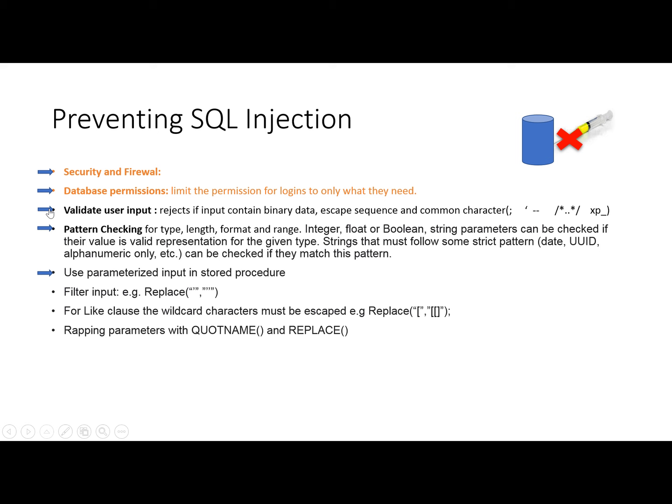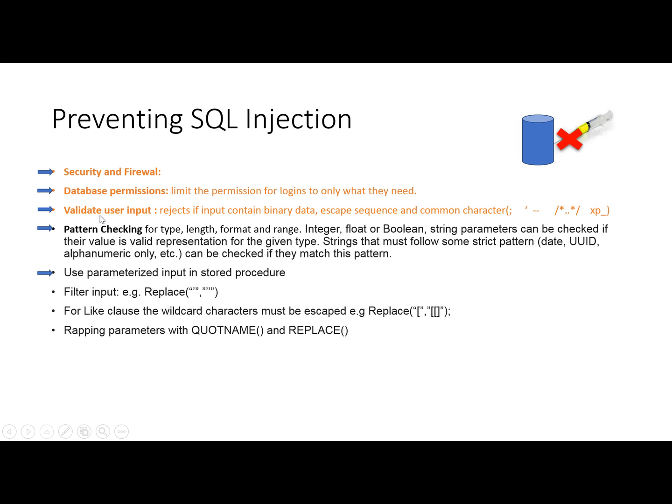And after that, we have to validate the input entered by the users. We have to check the binary data. We have to check the escape sequences and the common characters. We have to make a set of common characters like the semicolon, hyphen, wildcard, asterisk, xp underscore, and when the user enters data, we have to validate it against our common set of characters. If the user has entered some of these invalid characters, we should immediately reject the